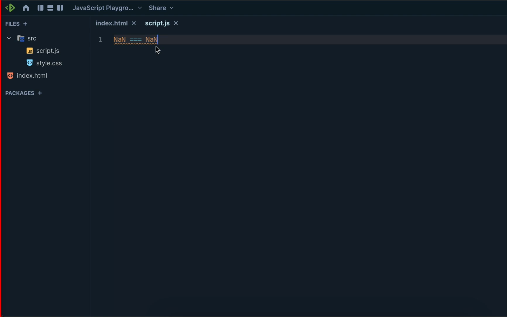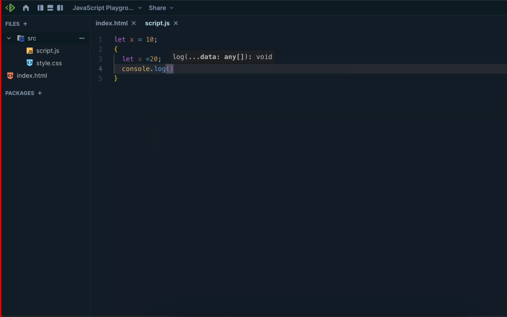Okay, so the next thing: we have let x equal to 10. Then we have a block. Here I will write let x equal to 20, and console.log x. After the block I will console.log x.